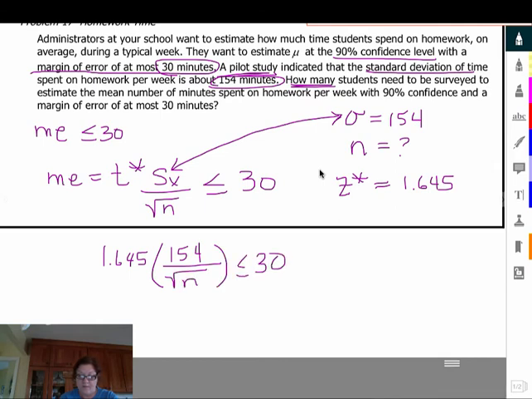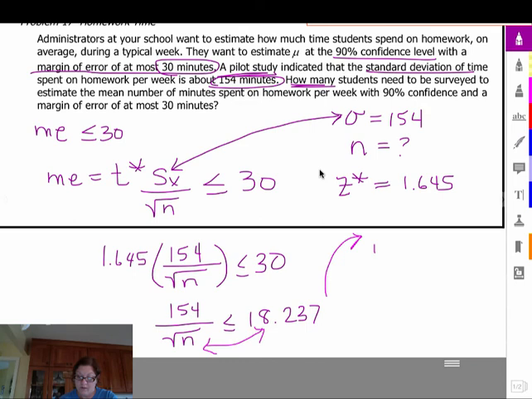And so then when I do some math magic on that, if I divide both sides by 1.645, I get 18.237. And then remember, technically, these two trade places. So I have 154 divided by 18.237 is now less than or equal to the square root of n,